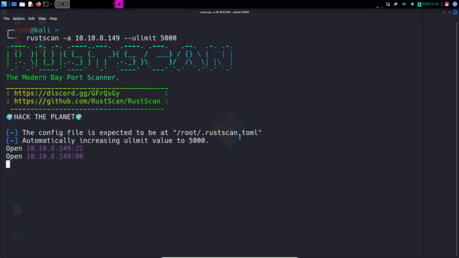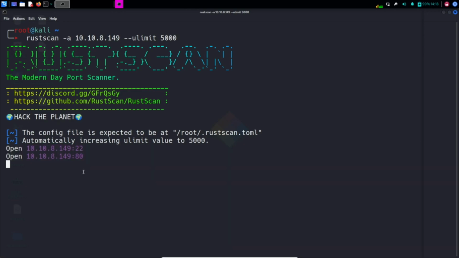So as always we'll start off with an Nmap scan, or okay, wait, no, we're first going to start with RustScan, as it is fast and gives results quite quickly, so that we can directly start enumerating the service rather than wait for the Nmap result. So the command would be something like rustscan -a to specify the IP address, --ulimit, let's say 5000, so that it fetches the result in very little time. As you can see, we have port 22 and 80 open, which are SSH